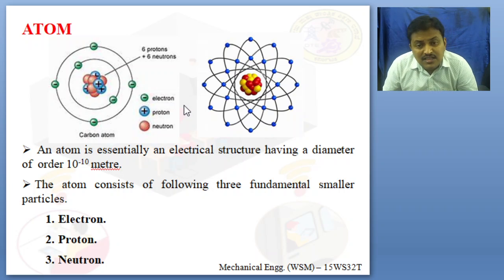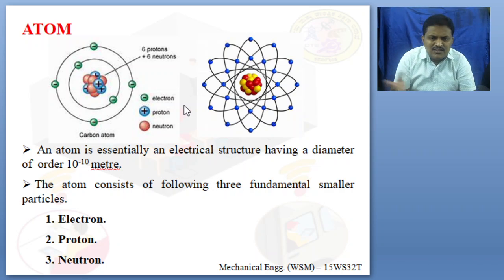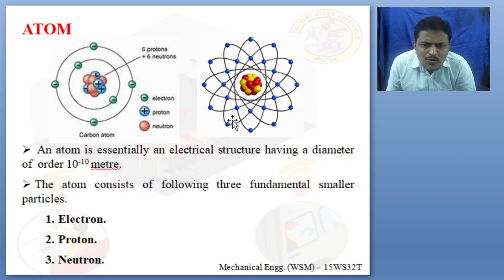There is something, there is a 4th one, which you know already, known as nucleus. An atom consists of nucleus, which will be at the center, which consists of both protons and neutrons. So the next sketch you can see, all the blue one, the outermost orbit, I will call it as outermost